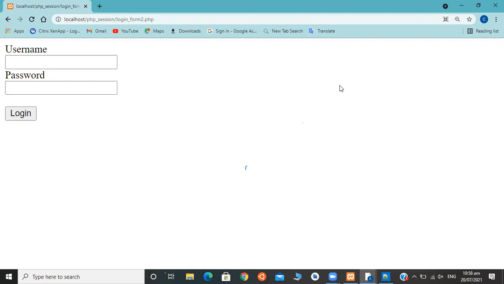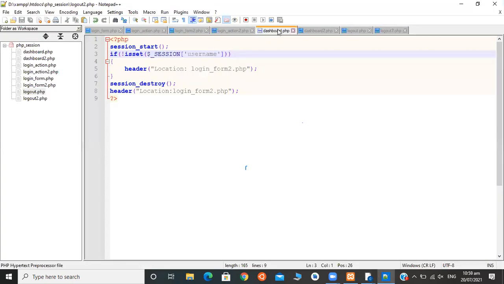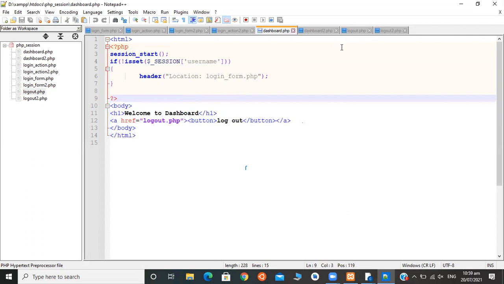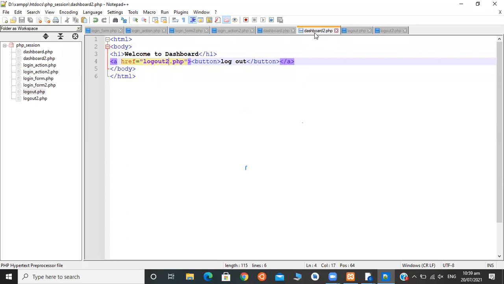We have used session in our code, but in dashboard 2.php I have not used it till now. So let's see what happened.